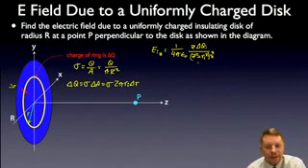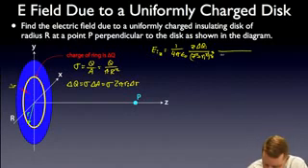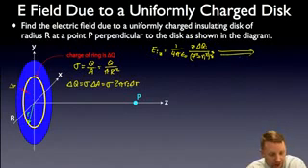How do we know that? We just did it in the last problem. That was our answer. Now, our next step here is recognizing that delta Q is just going to be sigma 2 pi Ri delta R, or in this case, dr as we set up our integration, so that E in the z direction, if I integrate both sides, is going to be, and I'll already pull out the 1 over